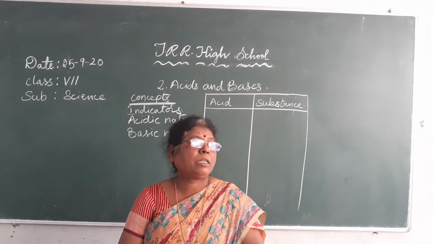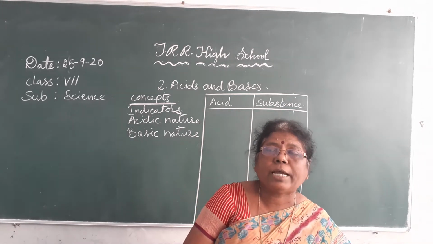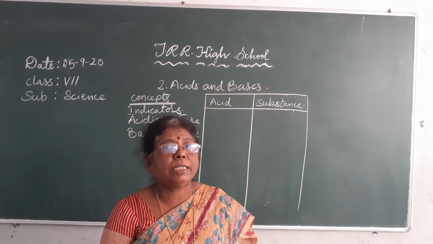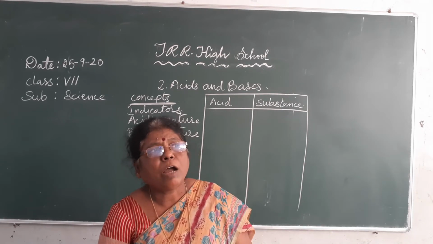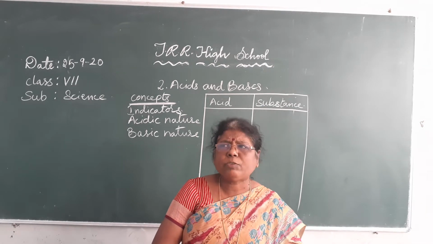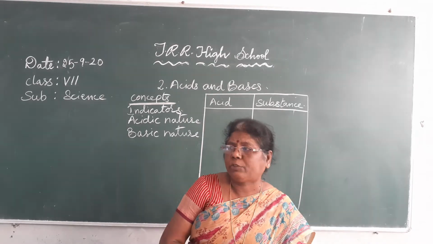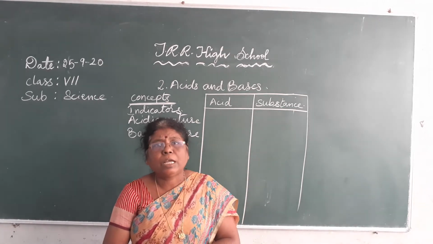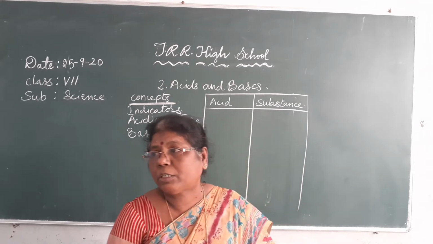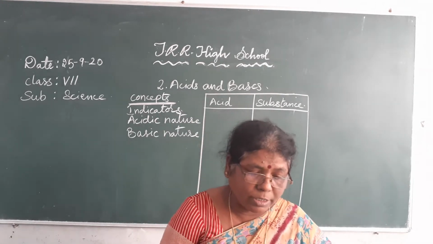Apart from this, liquid indicators will also be there, that is methyl orange and phenolphthalein. These are also called indicators. So our nature is full of indicators. Flowers. You can use any flower, hibiscus flower, for identifying acids or bases. I showed you turmeric powder also, and lavender. Nerium, that is what you call it, nerium.